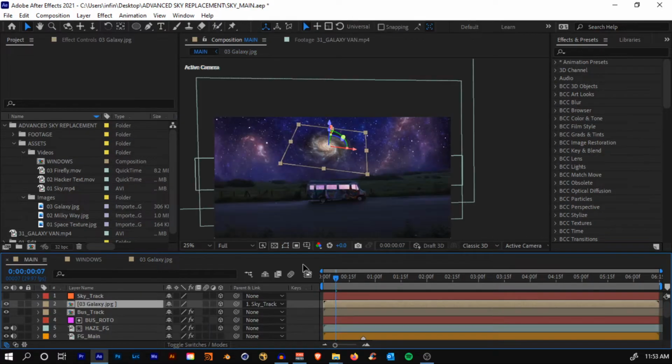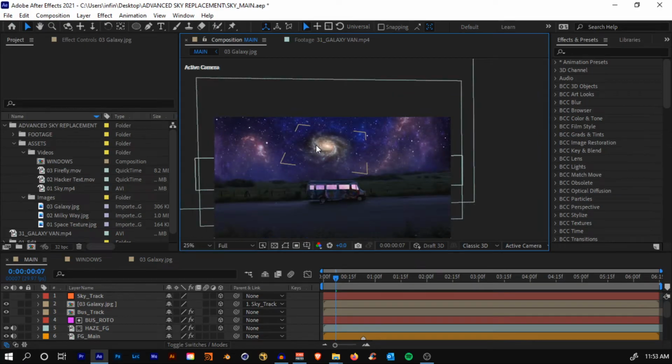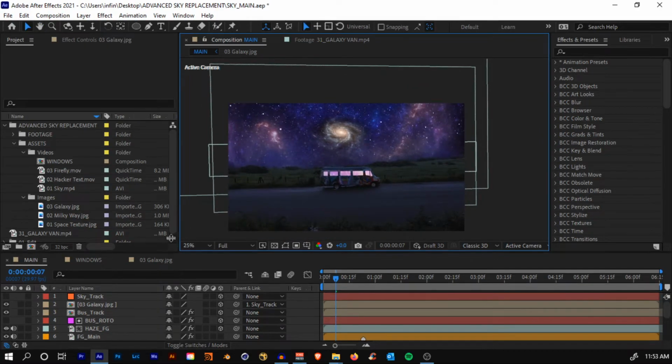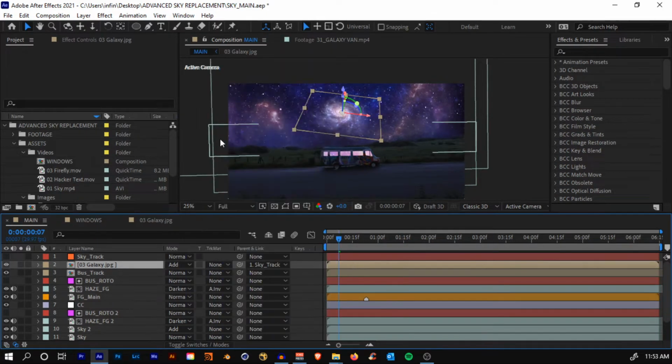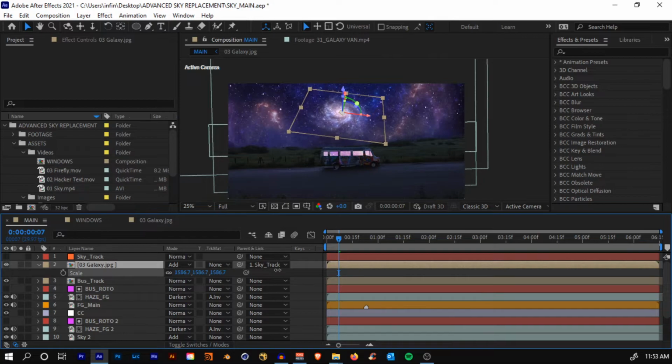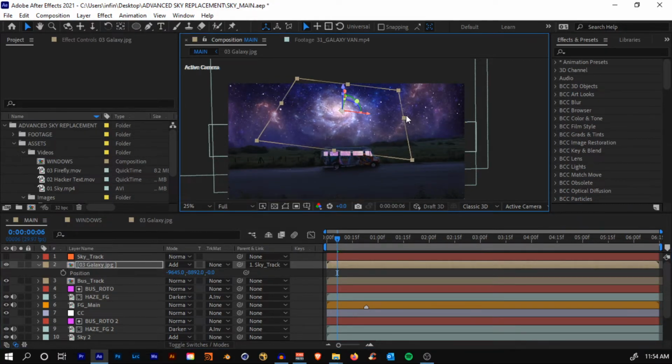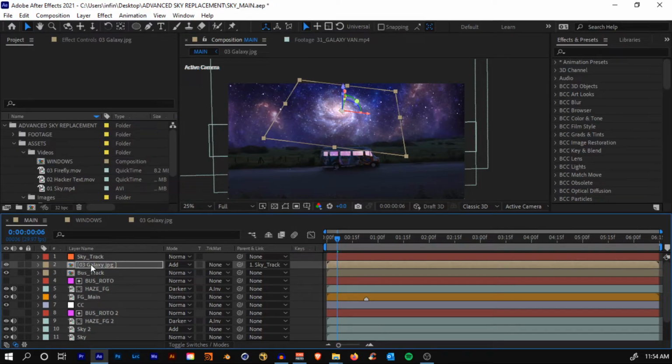Come back to the main comp. You'll see that we have something like that. Now change the blending mode of it to add and also scale it up. Yeah, something like that. Scale it up a lot more. And I'm going to push it up a little bit. I think it needs a little bit of scaling more, and also put it below the foreground main layer,